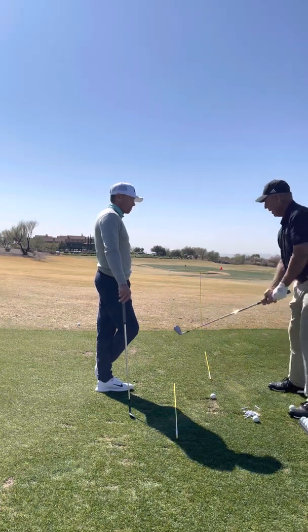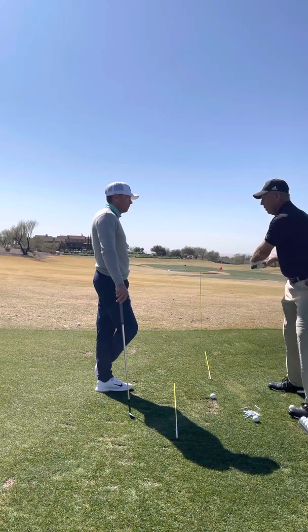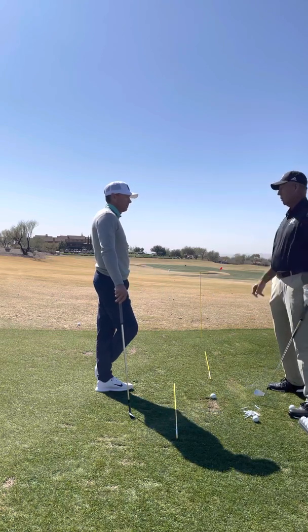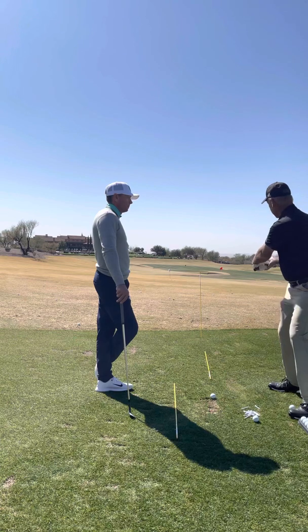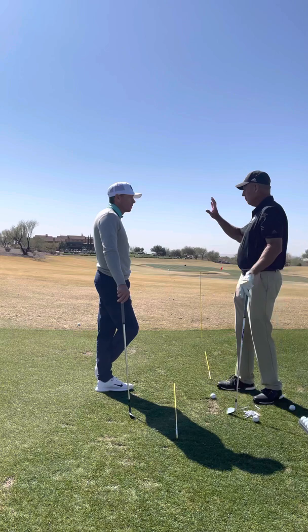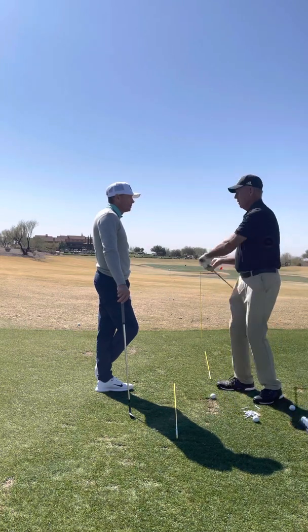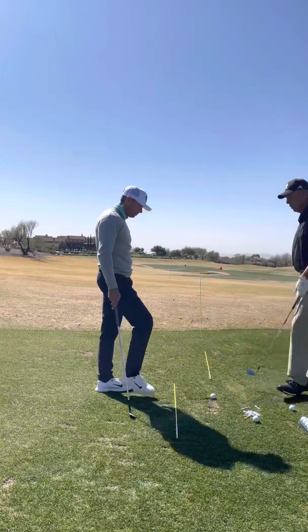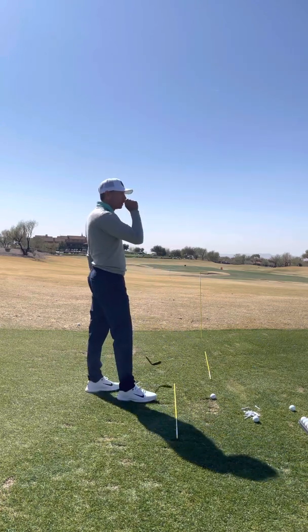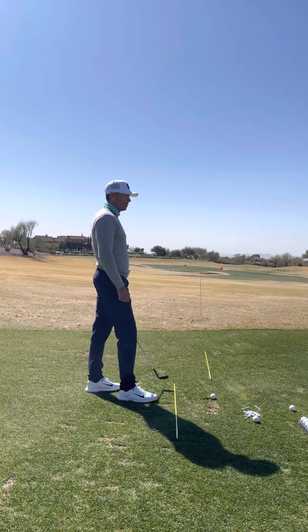So what have they done? He's added this. So you get here, and as you shallow, you bow your left wrist. Yeah. What's it doing? Square in the face, so they don't have to twist through the ball. So once they go here and they go here, now they just turn into the ball. Well, my deal is, why the shit do you want to be trying to time this? You got all these compensating moves going. There's a lot going on with that. You just want to go here, and you just want to go boom, boom. You don't want to be having to bow your wrist, and then, I mean, I get it, but